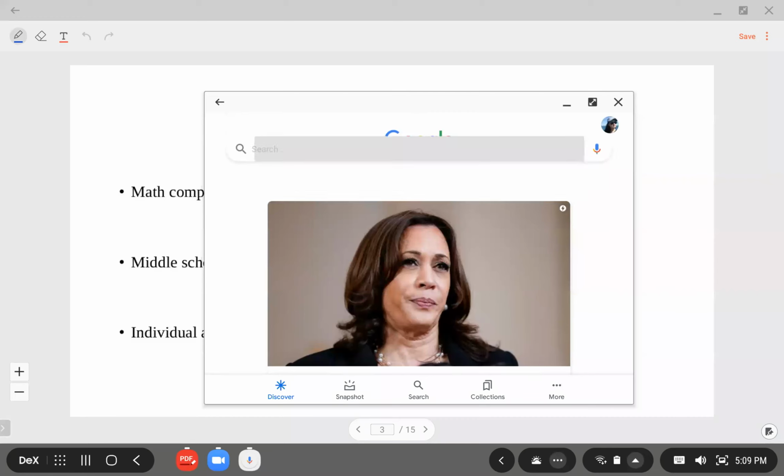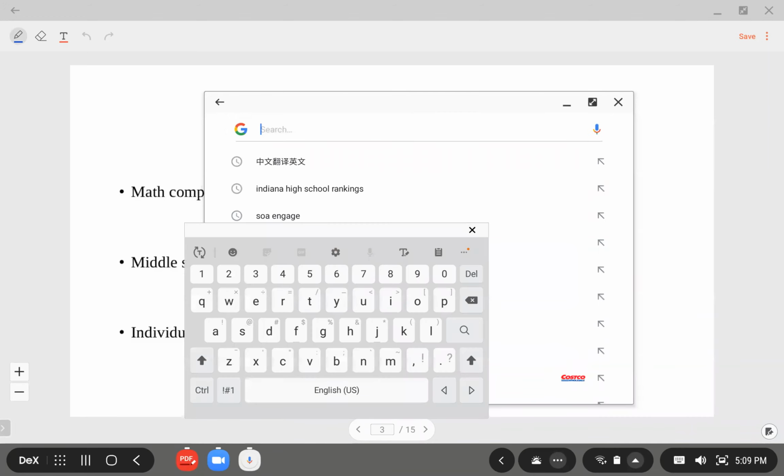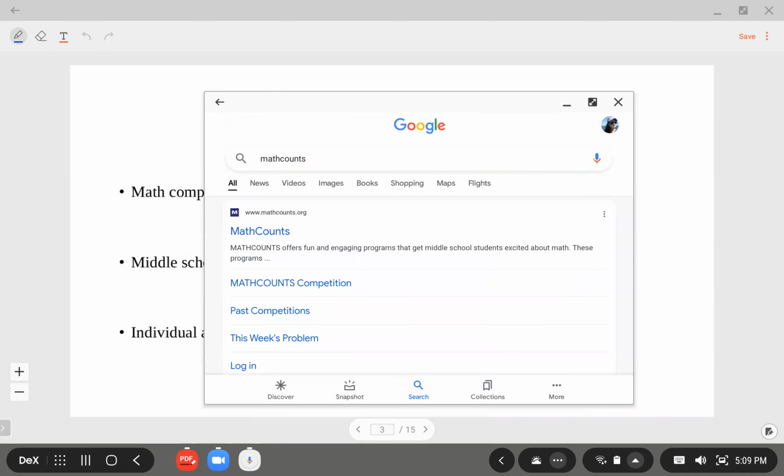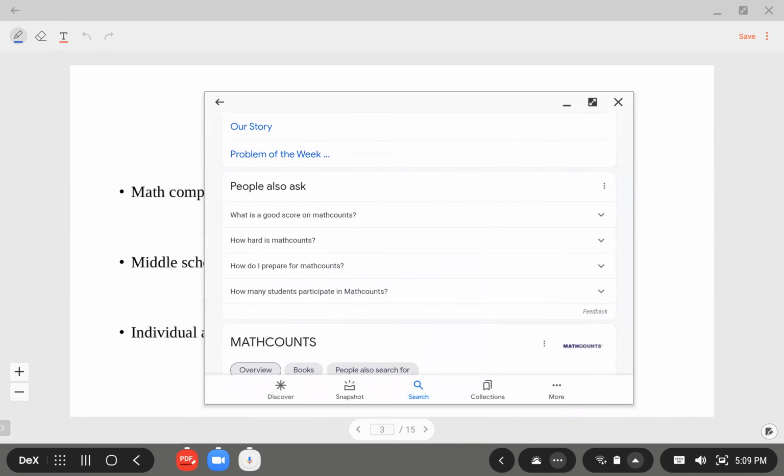So let's look up Math Counts because I'm horrible at remembering who that is. Oh, the vice president. Oh, yeah. Okay. Hold on a second. Let's look Math Counts up because I'm very bad at explaining stuff. It is a